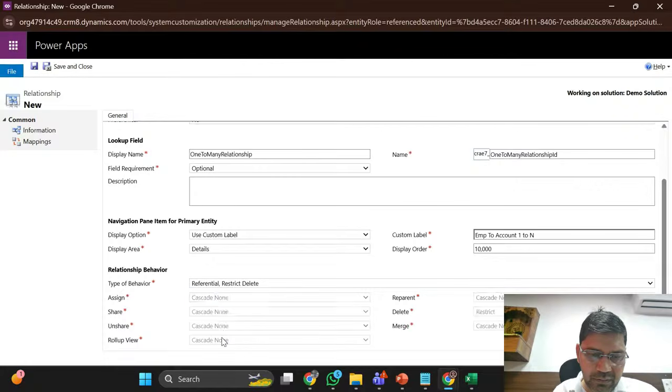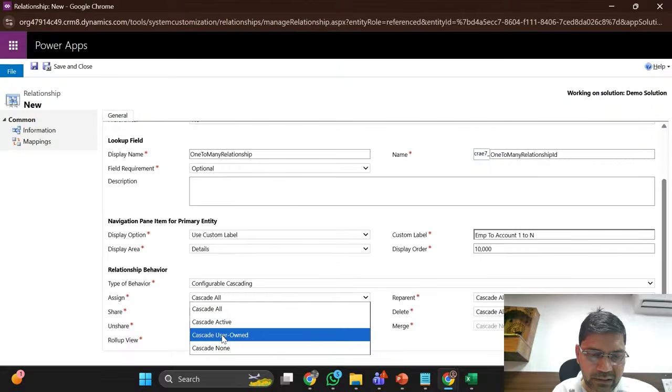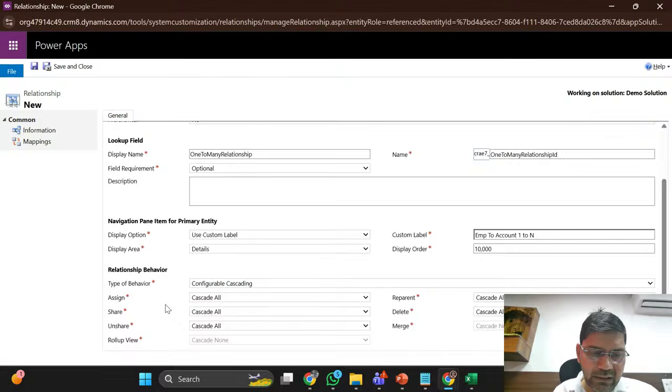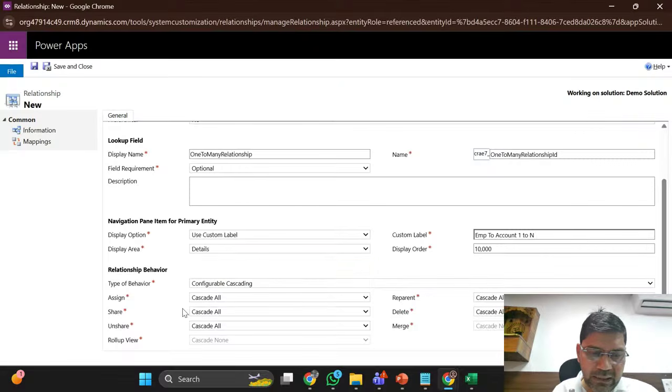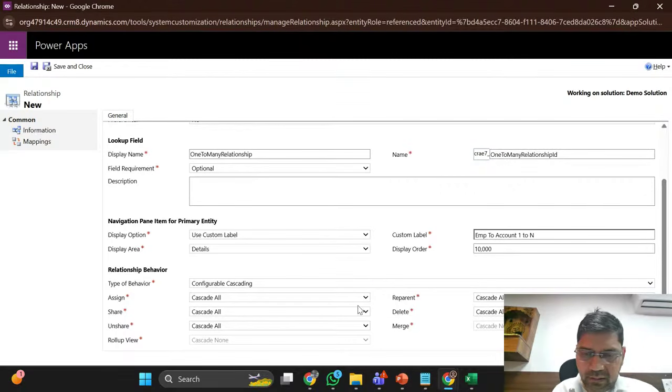If configurable cascading, I can even customize the default behavior of the other three, and decide: cascade all, cascade active, cascade user owned, cascade none. What to do with shared records, how to control them with the help of cascading: share record, unshare record, and